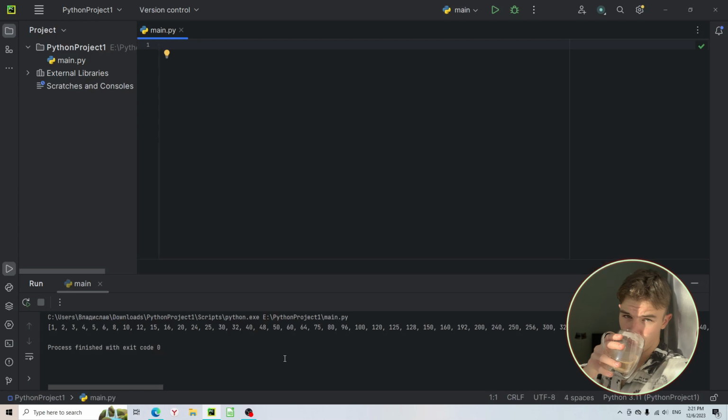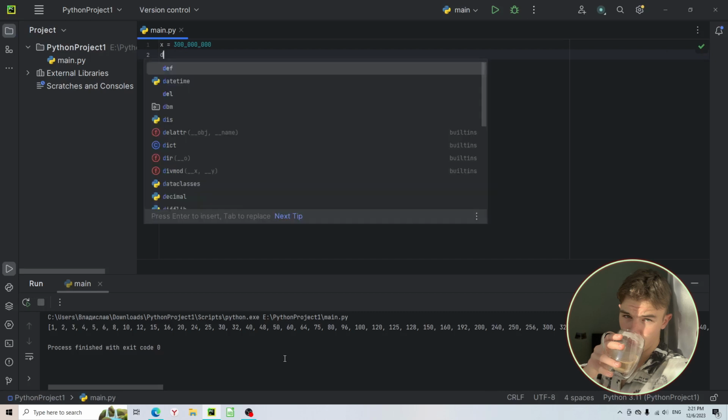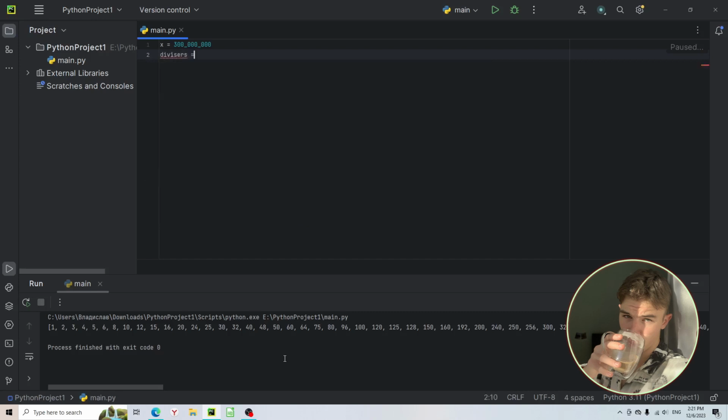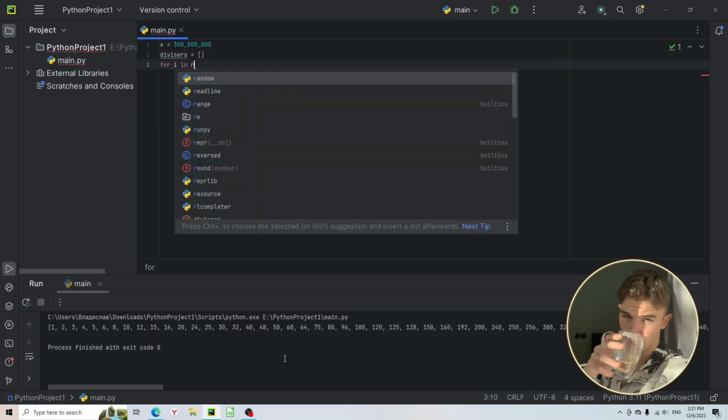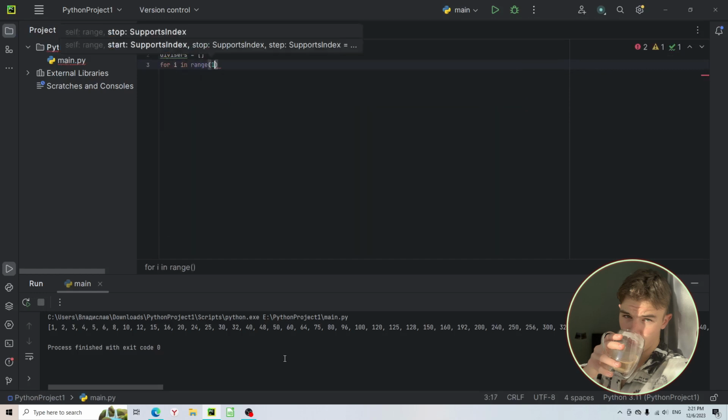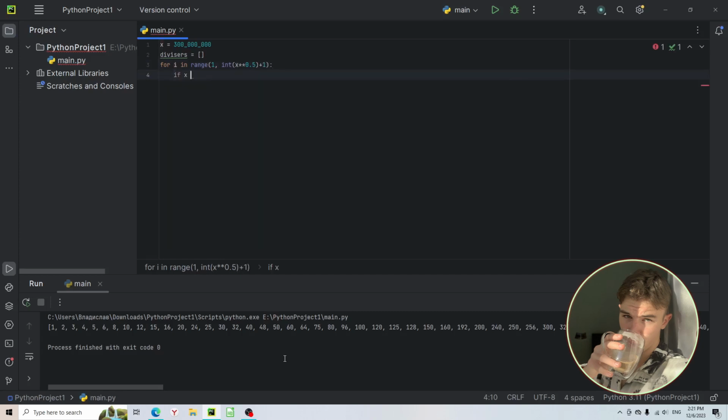Okay, first of all, write your number like this, and we need a list. Let's call it divisors. Okay, for i in range 1 to int(x ** 0.5) plus 1, if x % i equals 0: